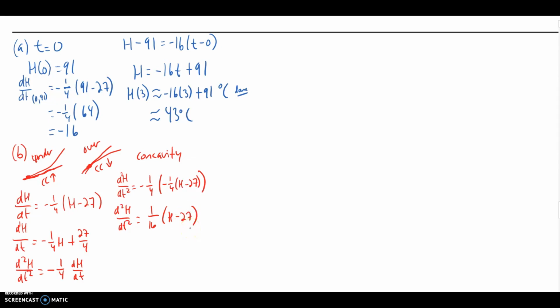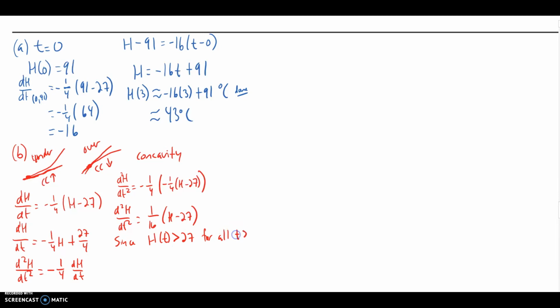And now to answer the question on the over-under estimate. If you can understand why we have to just look for concavity, all we have to do is talk about the concavity of our equation at time 0. And so looking at our second derivative, we don't even have to worry about t equals 0 because notice you have a positive 1/16. We already know h is greater than 27 throughout this entire problem. So we can take a shortcut and say since h of t is greater than 27